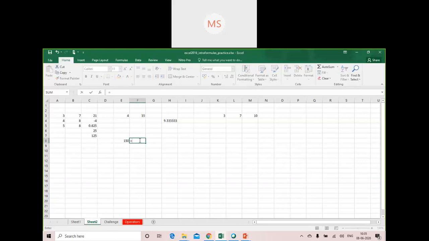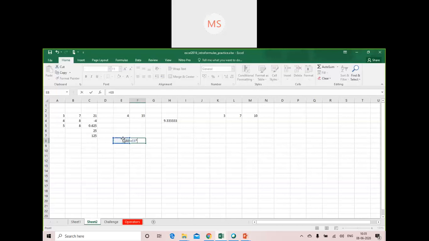I want to get the 50% of 150. I want to check how much the 50% of 150 is. So what I can do, I can write the equal to sign followed by this particular cell reference, then 150. Sorry, the 75%.